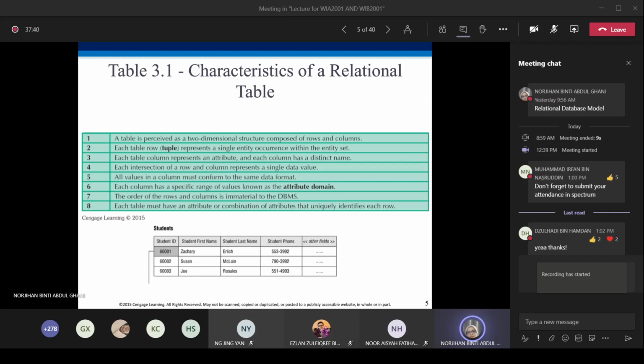It can be student ID, or a combination of student ID and student first name. So these are the possibilities for the primary key. Which one is best to be chosen as the primary key? It depends on the data itself.